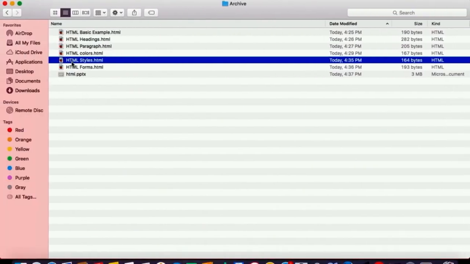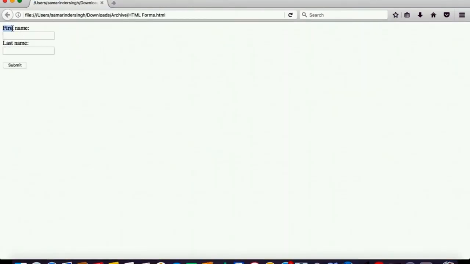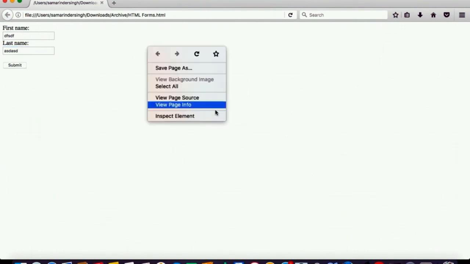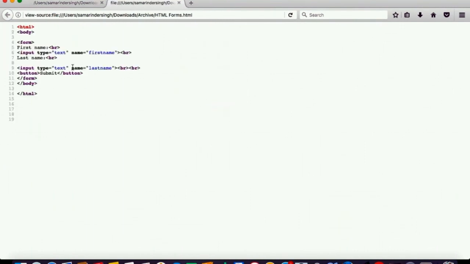Let's go over here and see. So you have a form over here. You can see it looks like this. You have form first name. You can type anything, and then your last name you can type, and then you have a submit button. If you see the web source code, it will come like this. You have a form starting tag. You have a form ending tag, and then you have an input tag, type is equal to text, and then a submit button.